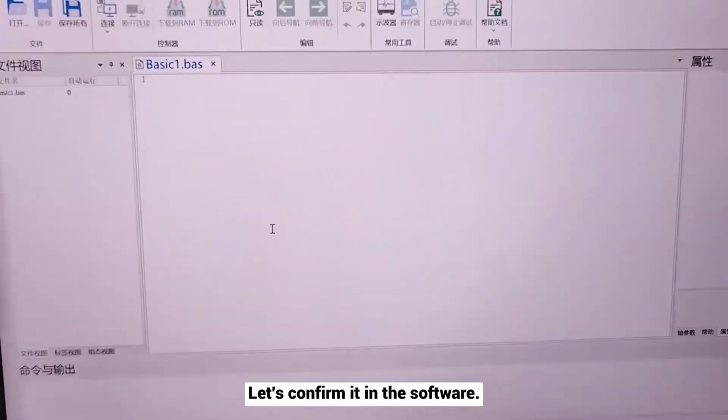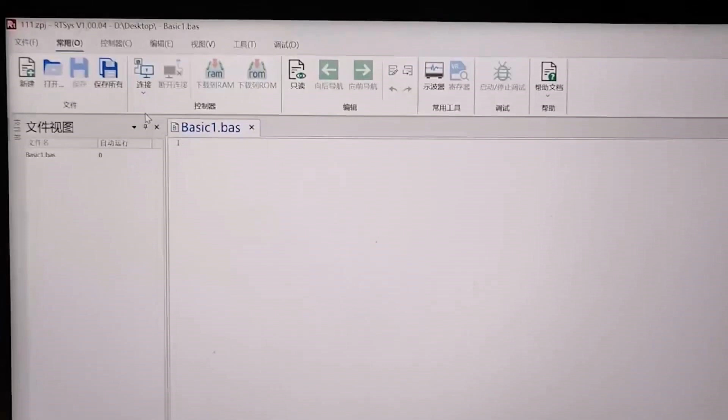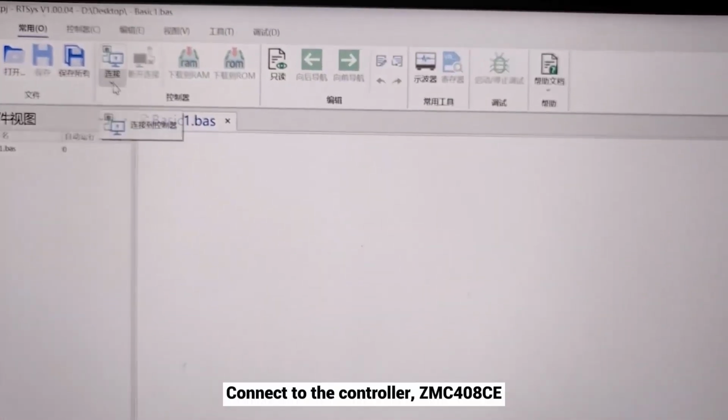Let's confirm it in the software. Open our free development software Artesis. It supports 2 languages, Chinese and English, and the content corresponds. Connect to the controller,